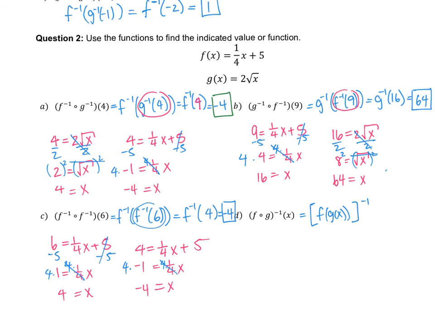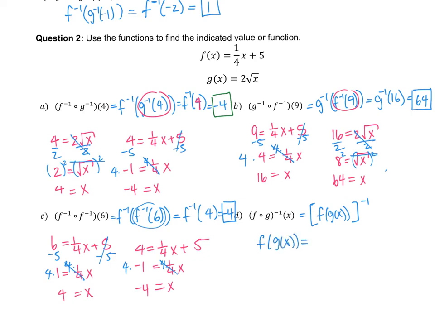So I know this is a weird notation, but I want you to think about the thought process for a moment. We're going to have to figure out what f of g is here. So I'm going to do this to the side, and then it wants you to find the inverse. So we're going to find the function first, and then find the inverse. So to find f of g,